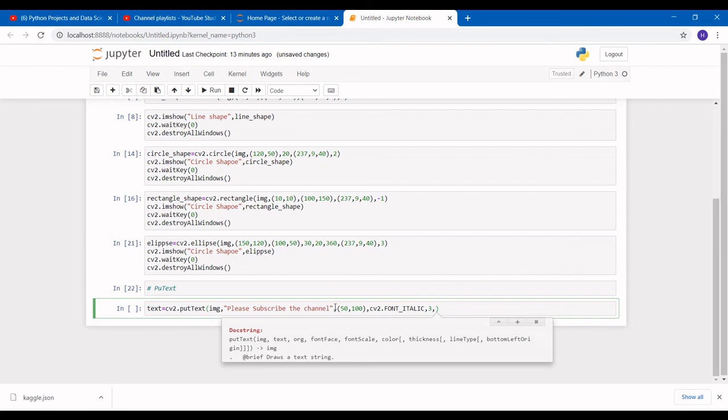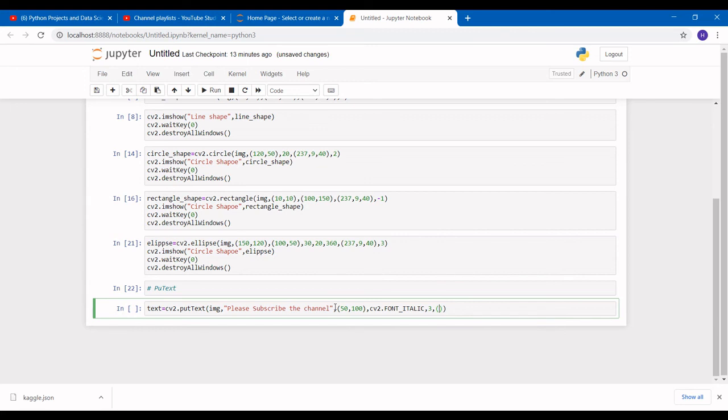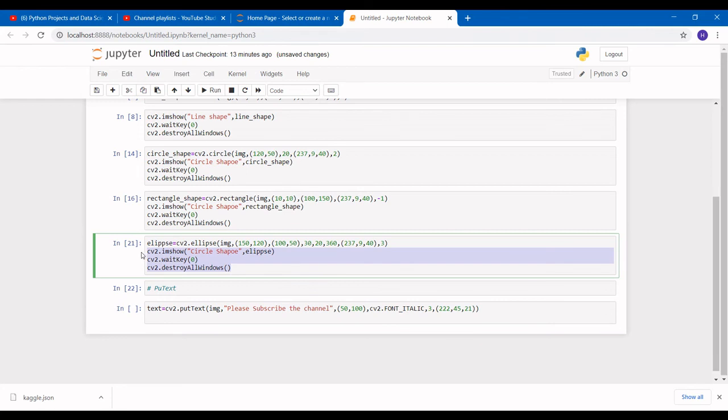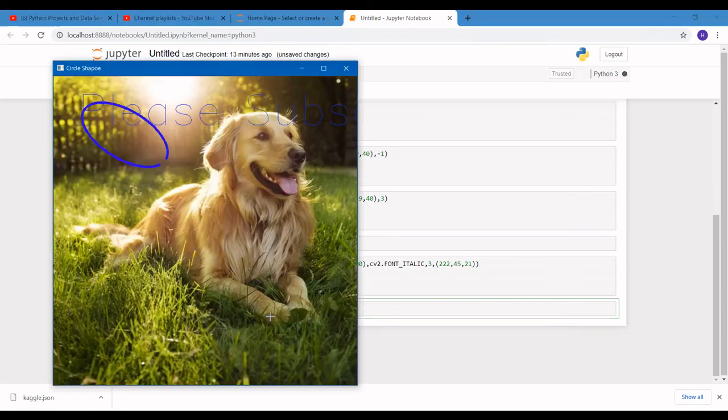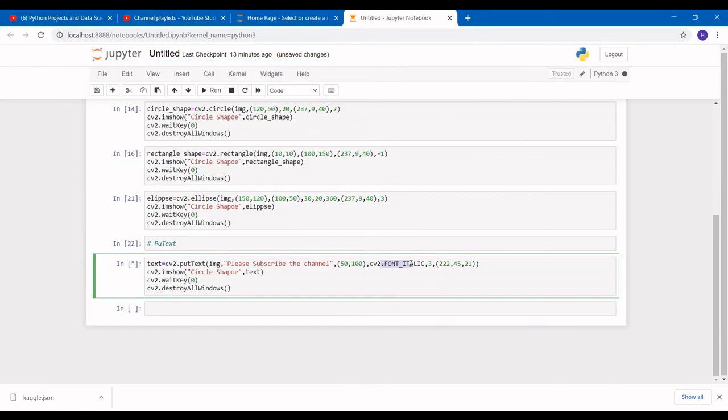Now our color we can give anything. Okay. Now we want to see our image. We'll provide this Jupyter notebook in my description. So pass our text. Now you can see, please subscribe the channel in a font italic.